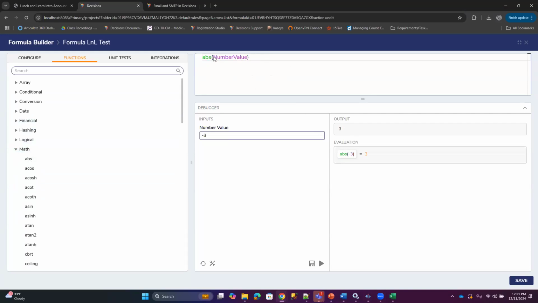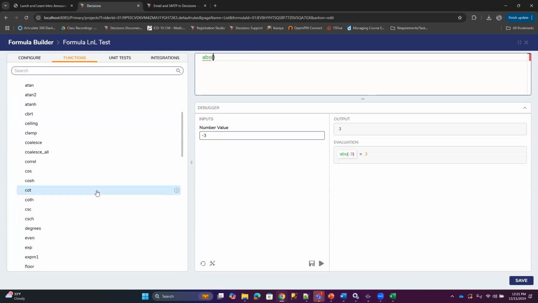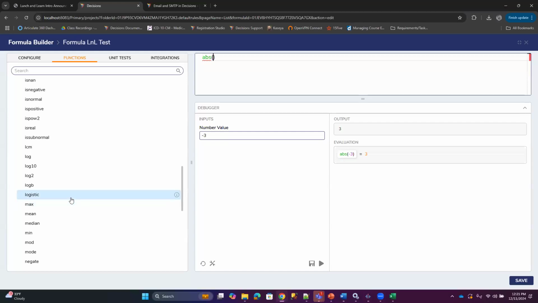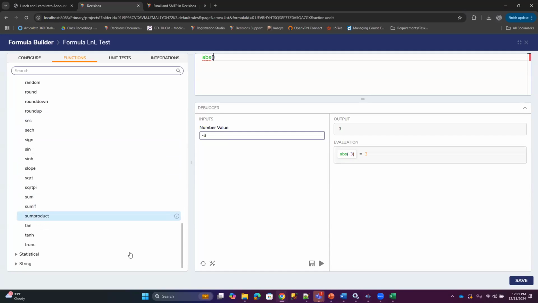I can set that up here if I wanted to with other things. You can nest multiple functions inside each other if you wanted to. For whatever reason, there are a lot of different ways that you can adjust and take something to work through your data. Like I could put an absolute value inside an absolute value if I really wanted to,